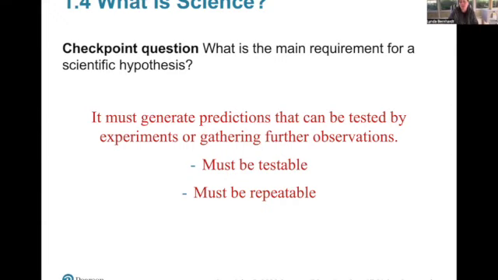And if the guy had not documented it, and other people had not tested it and repeated the tests, and everyone was able to make the same mistake happen, that fungus, which turned out to be penicillin, would not have saved millions upon millions of people's lives. So that's pretty cool. So the main requirement for the scientific hypothesis is you have to say, hey, this is what I think is going to happen. You have to be able to test it. You have to be able to explain that test so other people can do exactly the same test. If you get the result only one time, that's not valid.